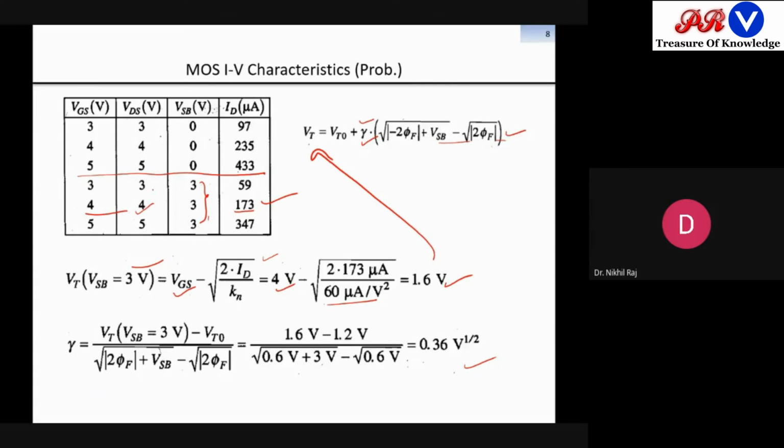Even in this you can determine the mode of operation. If you see Vgs minus Vt in all the cases, for example I take the last expression, the fifth row. Vgs is 5 minus Vt, and Vt came as some positive value, and Vds is 5. So again Vds is greater, so it is showing saturation. This means throughout, all are operating in saturation only.